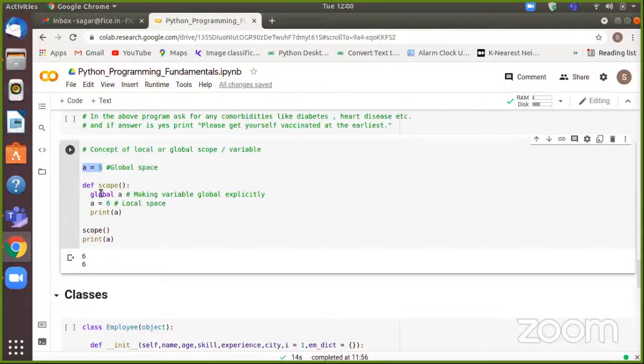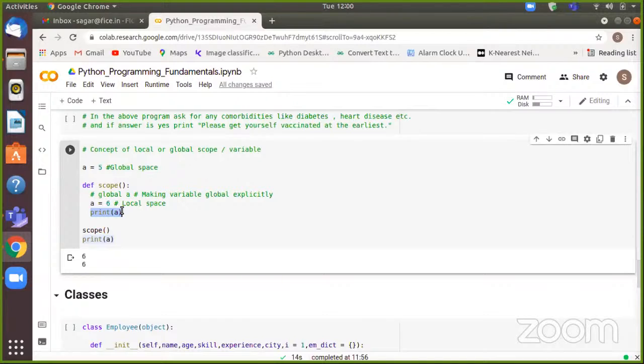There is no restriction. However, for example, I define a function with the name, let's say, scope, where I change this. For now, don't pay attention to this global a. I change the value of a equals 6 inside the function. And at the same time, I print a also in that function. Okay, so now the confusion will appear. What will be the value of a which will get carried out, right? Because